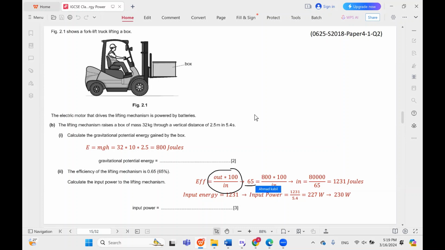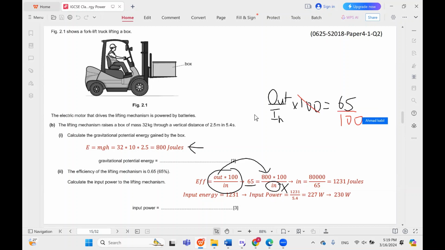We already know the output. The output is what we got here, which is 800 joules. And we don't know the input, so that's our unknown, our x, for example. So it's as if we're trying to say out over in times 100 equals 65%. So you take the 100 to the other side, and then the output here is 800, and we are looking for the input, which is x, and we can cross multiply like this, and you get 800